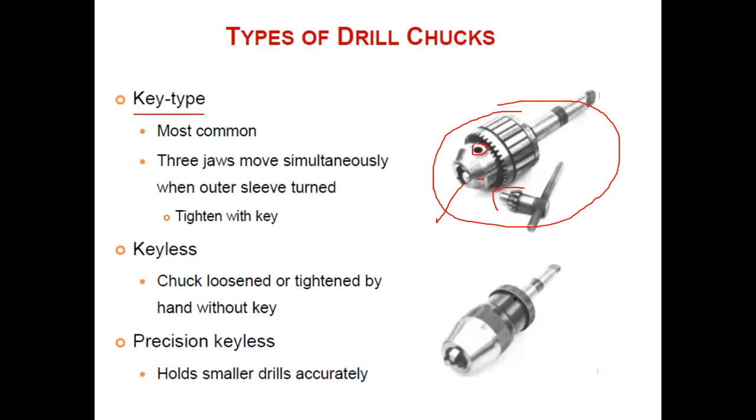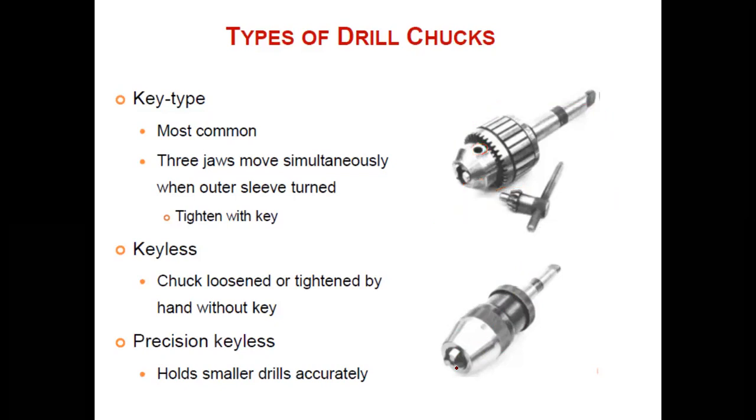Because of the small size, there are some kinds of sleeves available. By rotating the sleeve in one direction and the other direction, the opening is possible. Once it's opened, the opening is bigger, so you can insert the cutting tool. Once it is inserted, you can rotate in the other direction so that it will close and hold the tool properly.